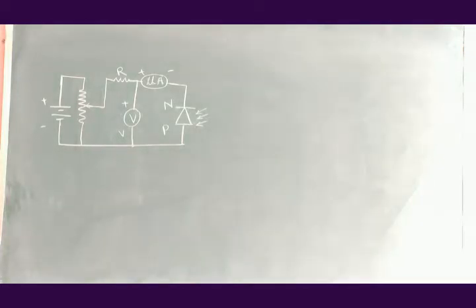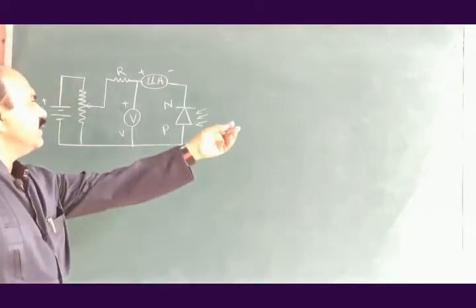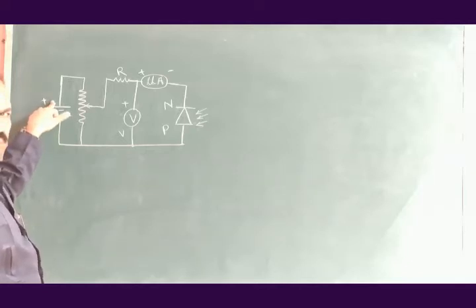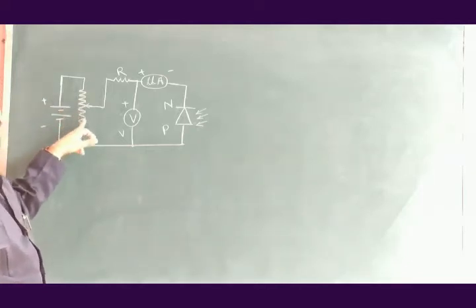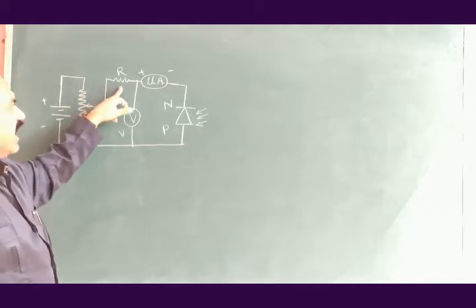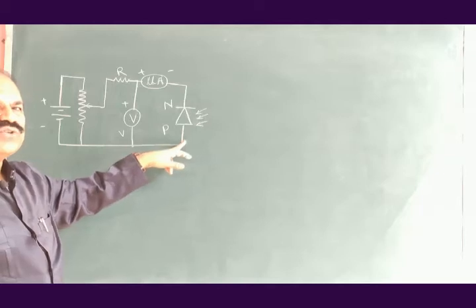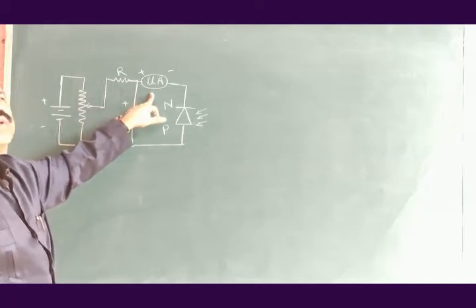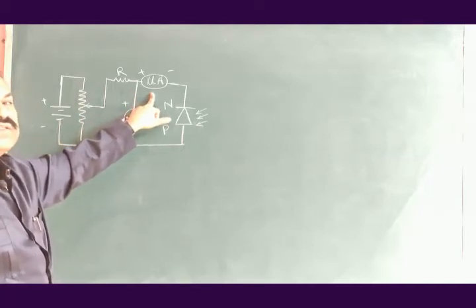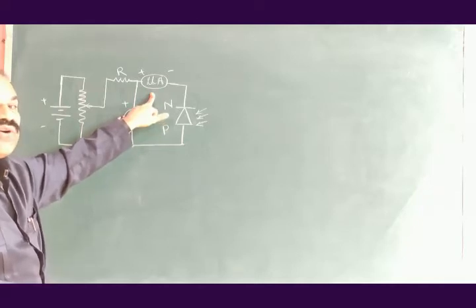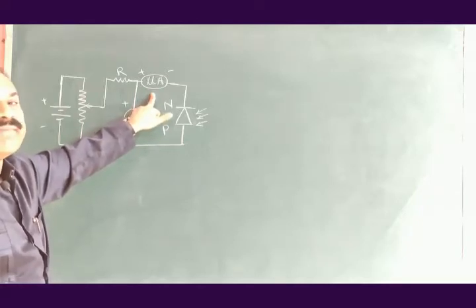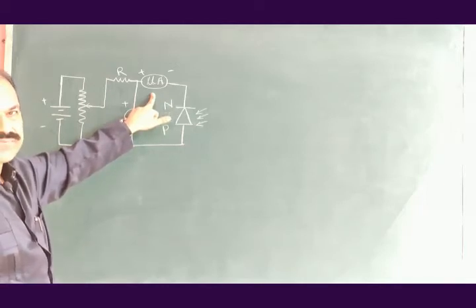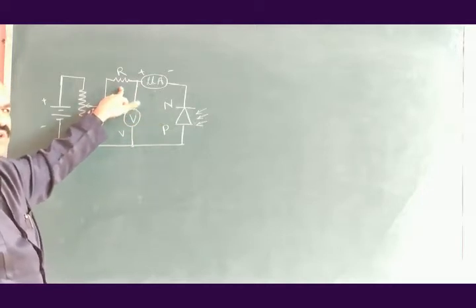Now, this is the power supply with positive terminal, negative terminal, and a variable knob to vary the voltage. R is to control the current flowing through the photodiode. It may or may not be used because the current flowing is very small. But if you apply excessive voltage, that may cause breakdown and damage the photodiode permanently. We don't want this to happen, and therefore you may use a small resistance here.